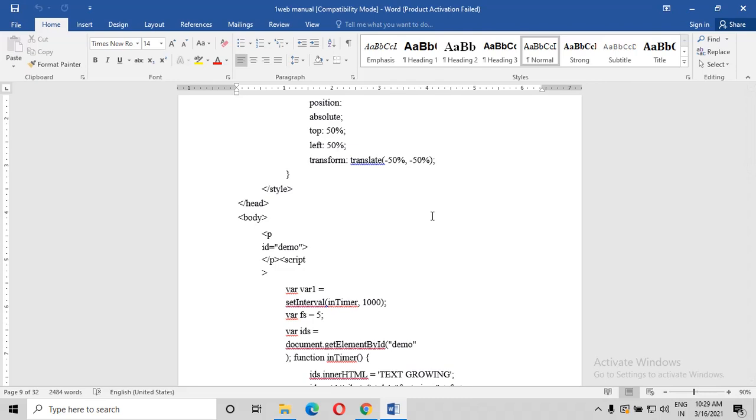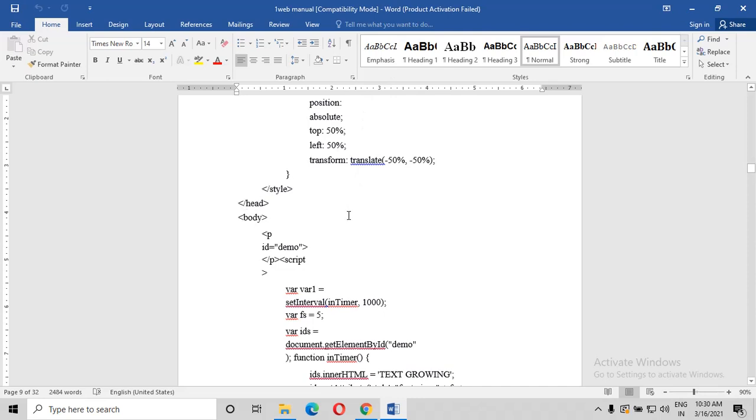Position absolute means, as I told you, position relative to the nearest positioned ancestor. We have studied the positioning and all, z-index, what is fixed position, what is static, what is absolute, right? Same thing, position absolute, top 50 means from the top of the page 50 pixels, and from the left 50 pixels.